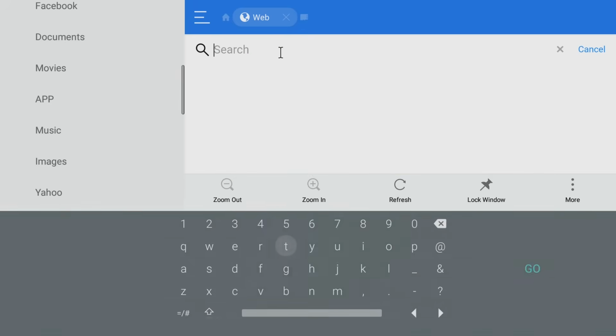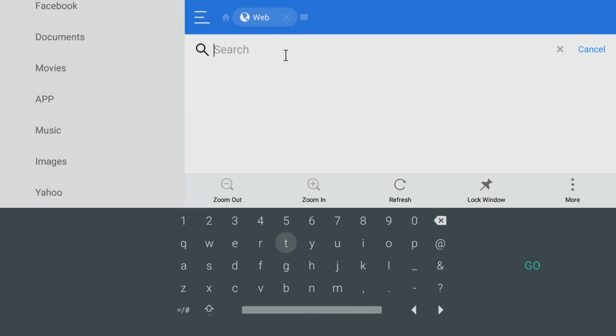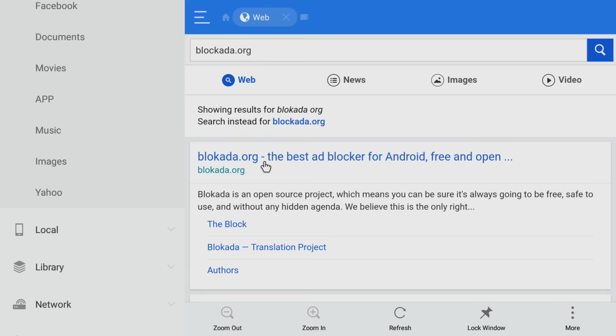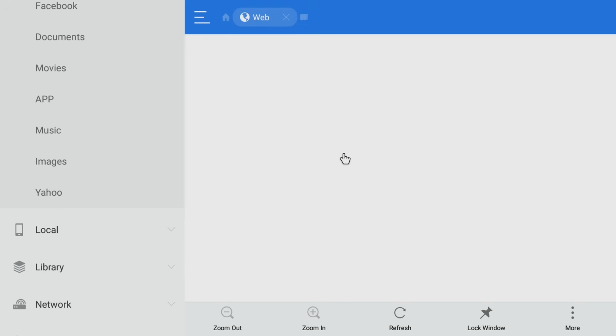So I'm going to click search. We're going to type in blackata.org. And there it is, guys. All we need to do is click this here. We're going to scroll down